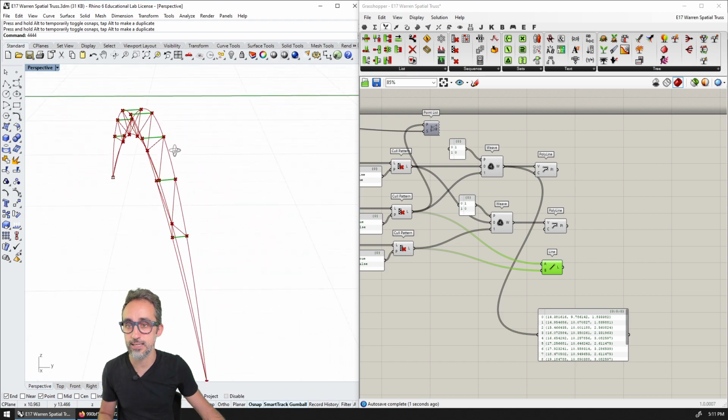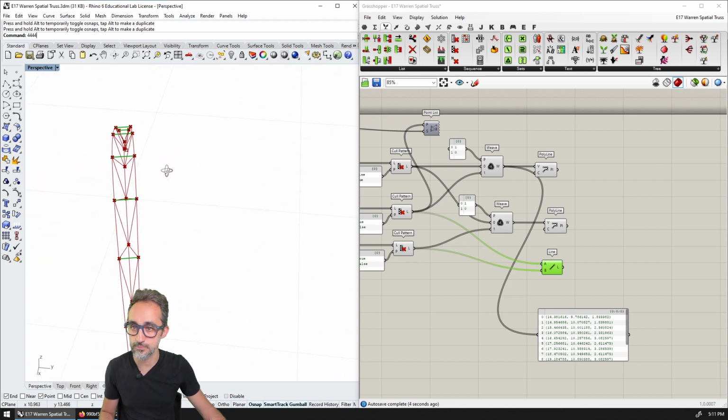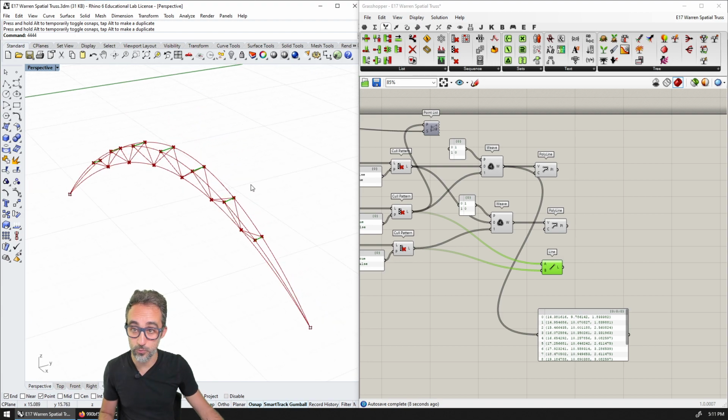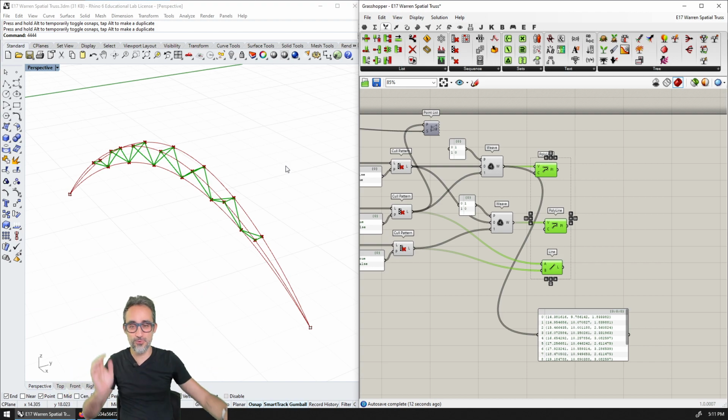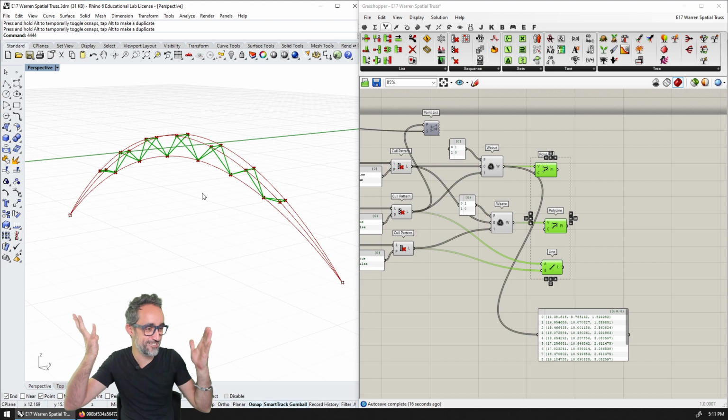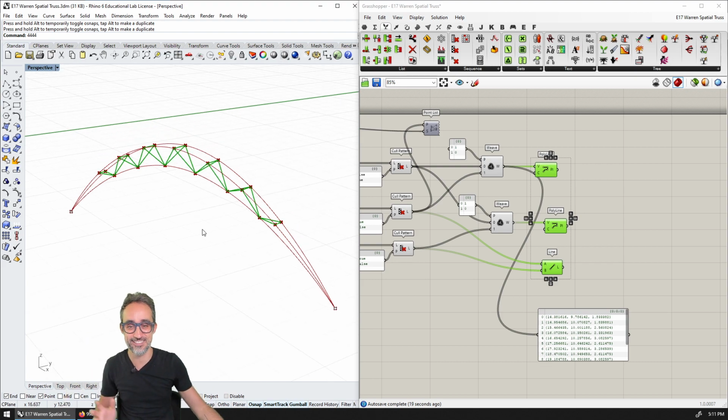And you can see that I now have the structure of the spatial truss. Wait. Are we done? Is this what we wanted? Spatial truss! And with two curves and arches and all the good things. This is actually very cool.